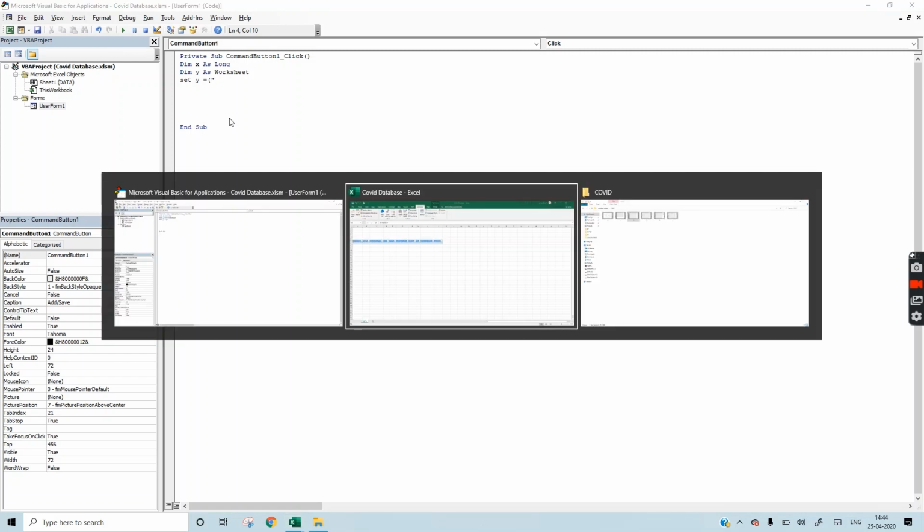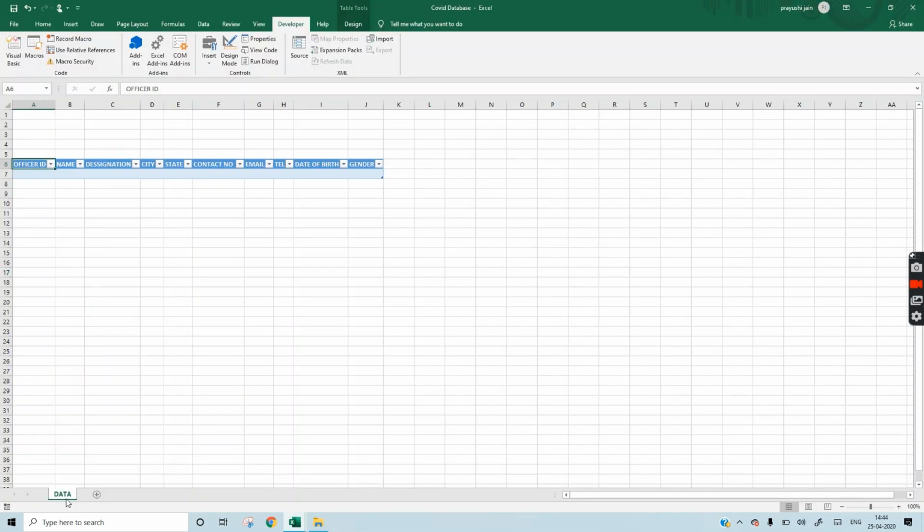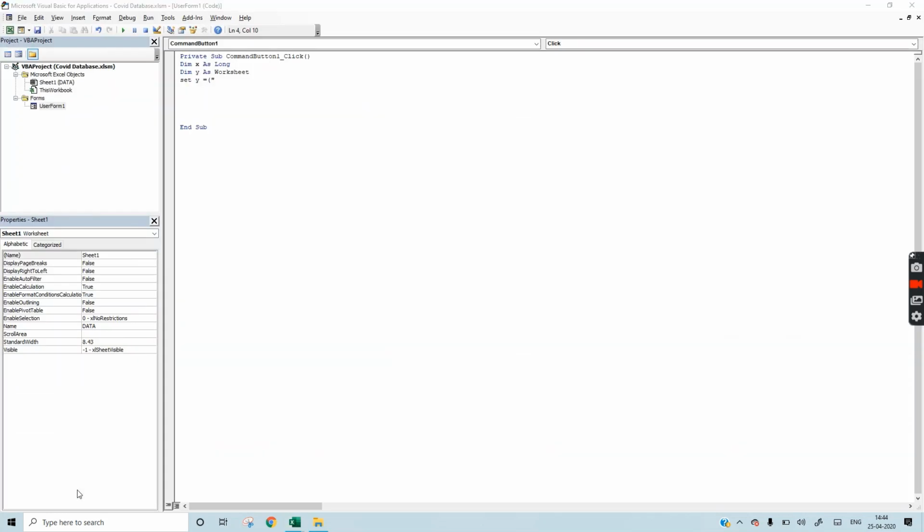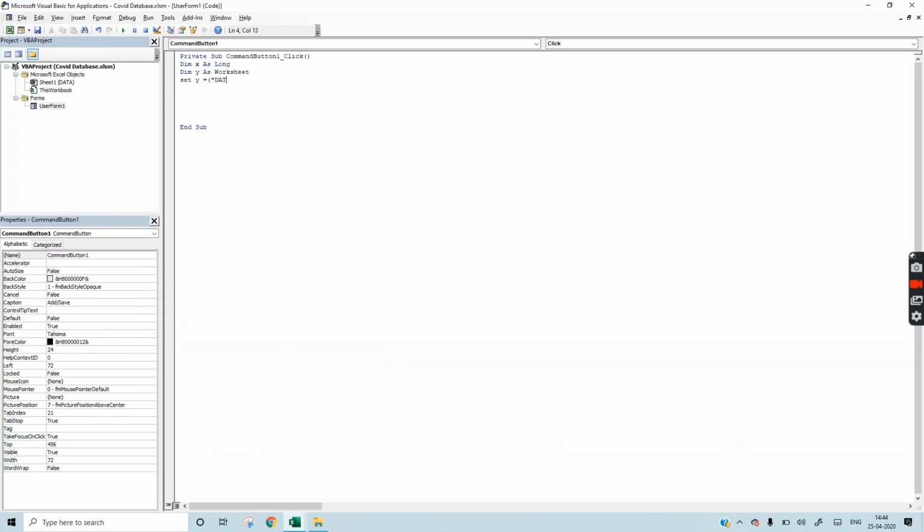We have to write the sheet name here. Our sheet name is Data. Similarly, if you have Sheet1, Sheet2, anything, you can write your sheet name there. This will check in column A the last cell used.